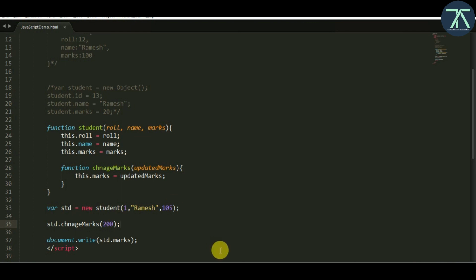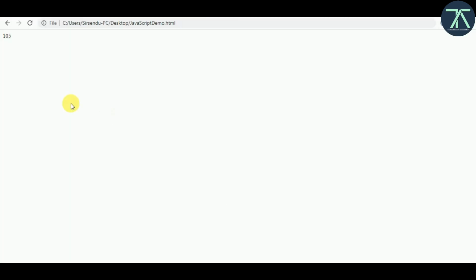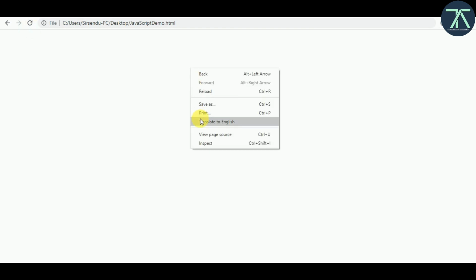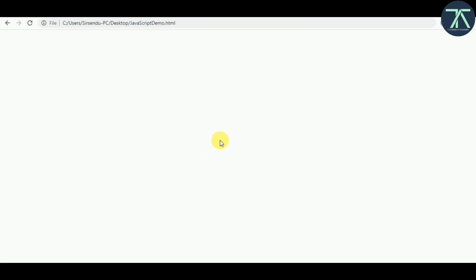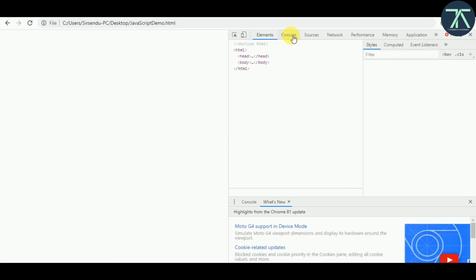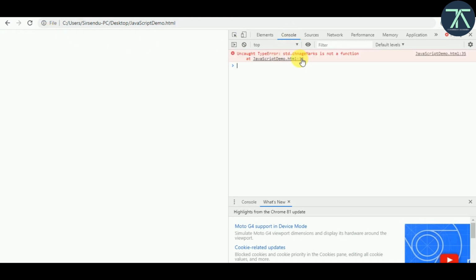So let's see whether it actually returns 200 or not. Okay, it returns nothing, right? If we open inspect element and go to the console, you will see that std.changeMarks is not a function.